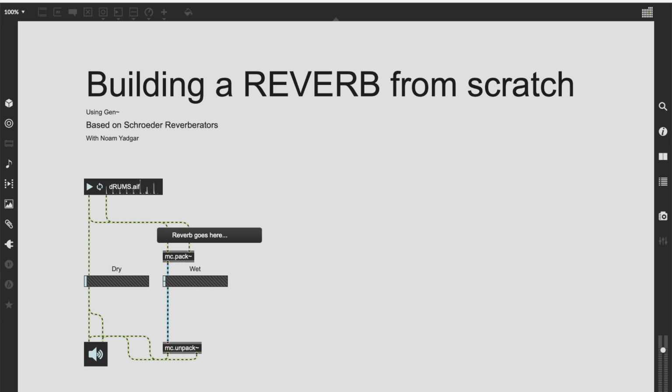Today we have a pretty cool lesson about building our own reverb from scratch. So if you ever wondered what is going on inside the digital reverb, this lesson is exactly for you. We're going to do a lot of Gen today, so it's kind of different than other lessons of mine. So there's going to be a lot of Gen, and we're going to base our reverb on something called the